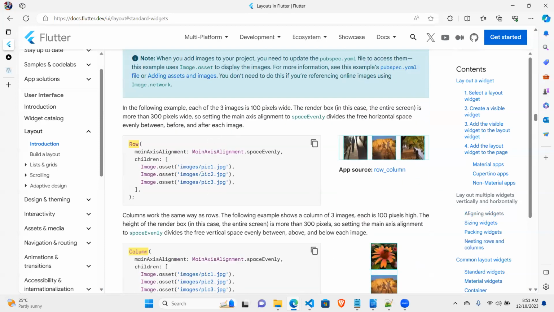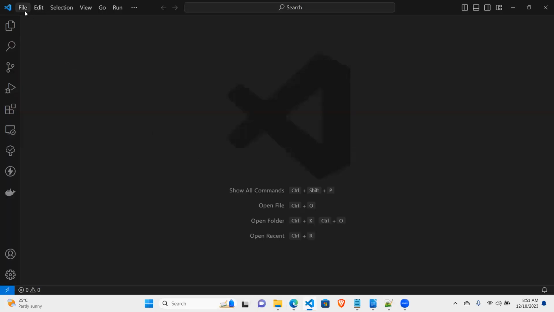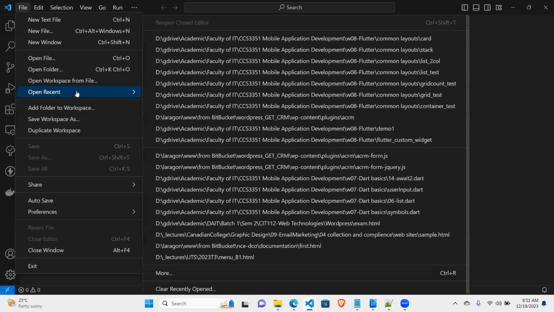Right. So let me try this one first with my source code here. So I have, in fact, an example written. So let me open